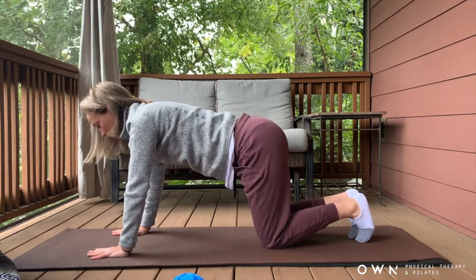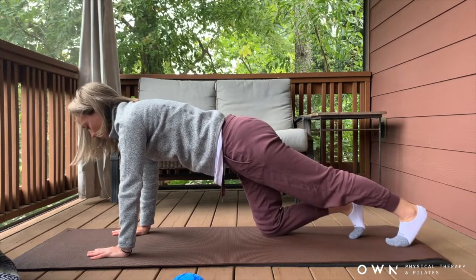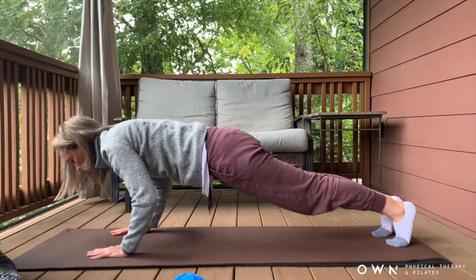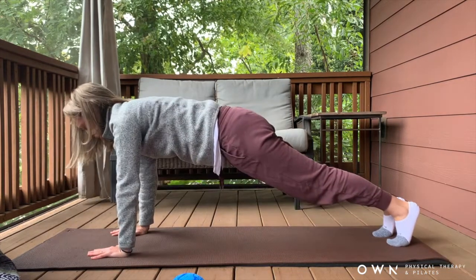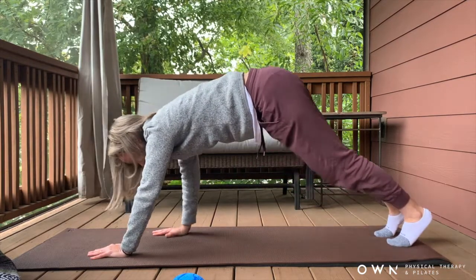So from here, inhale. Exhale, take your left leg long behind you, pads of the toes under, and then right leg back. Good. From here, little baby push-up, tight into those sides of the ribs. 2 and 3. Good. Walk your hands back